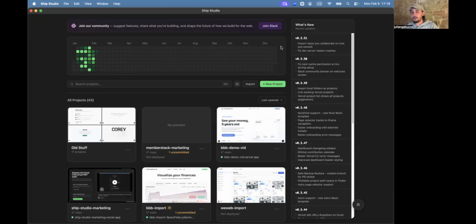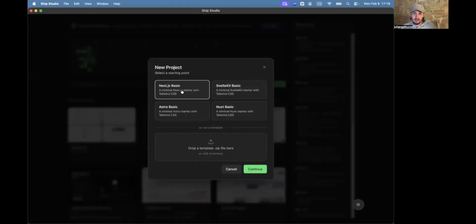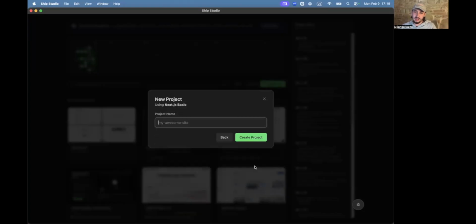At that point, you are developing with natural language. Anyways, this app right here, whether or not you choose to download it, is basically made to get past that stuff. It installs the dependencies for you, and it makes creating a new project as simple as this. So I'm just going to click new project. There are some different options here. If you don't know, Next.js is a very, very popular front-end framework, so I'm just going to stick with that. I'm going to call the site Kieran's site and create the project.